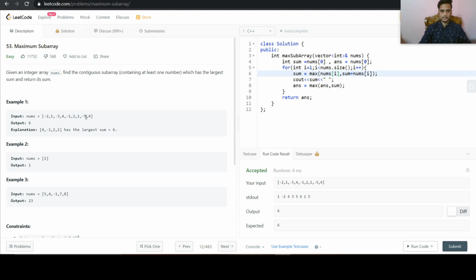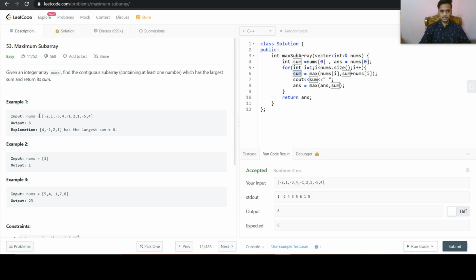And then we have minus 5. So 6 minus 5 is 1, and 1 is better than minus 5. So sum will become 1, and then answer will remain 6. For the next iteration, 1 plus 4 equals 5, and the current value is 4. So the sum will become 5, but 6 is better than 5, so answer will remain 6, and we will return the answer 6.